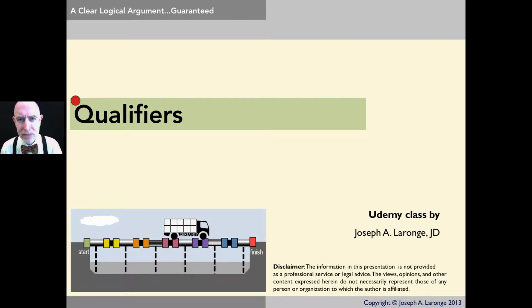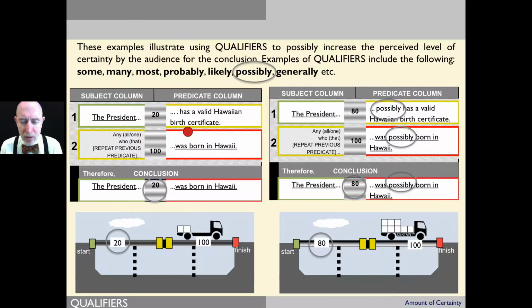All right, welcome back. In this segment, we're going to talk about qualifiers. And qualifiers can be really important when you're deciding how to word your premises. Now, keep in mind that with the mode of inference, or the way the reasoning works in the logic bridge, it's not deduction. We don't have some true, false, yes, no, bivalent characteristic of truth of any individual premise.